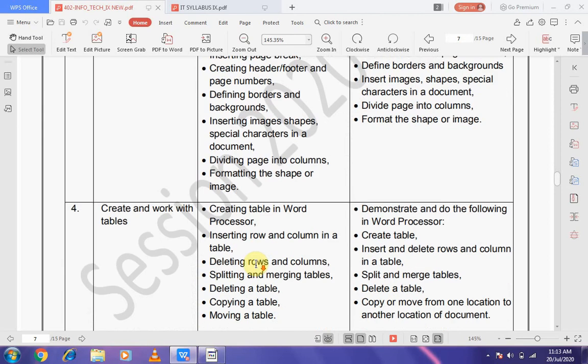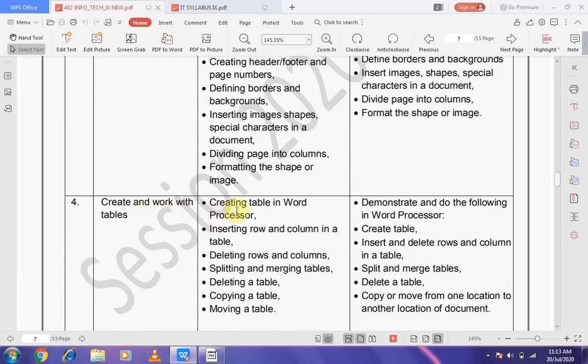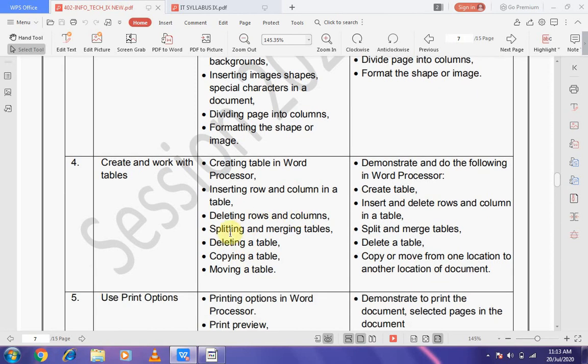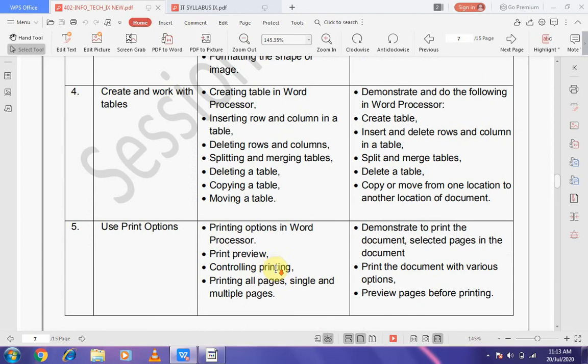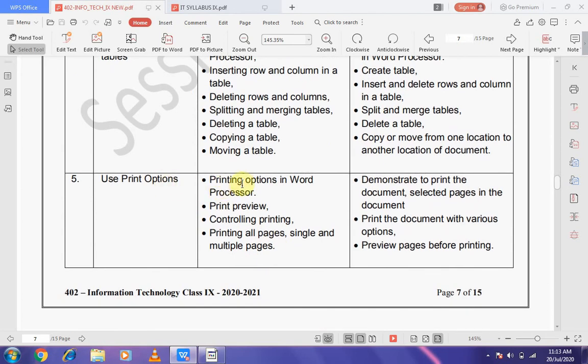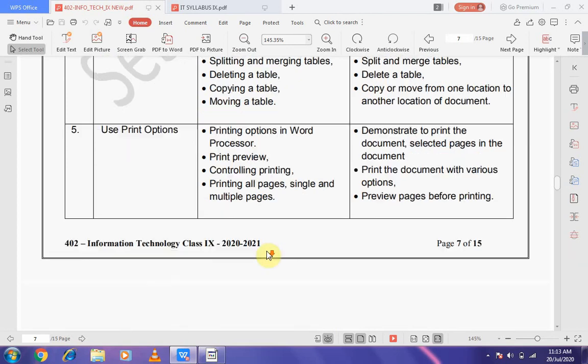and or images. Create and work with tables, creating a table in word processor, inserting rows and columns in a table, deleting rows and columns, splitting and merging table, deleting table, copying table, moving table. Use print options, printing options in word processor, print preview, controlling printing, printing all pages, single and multiple pages.